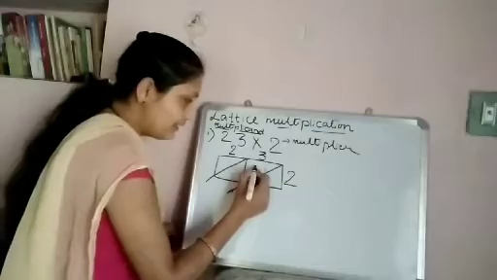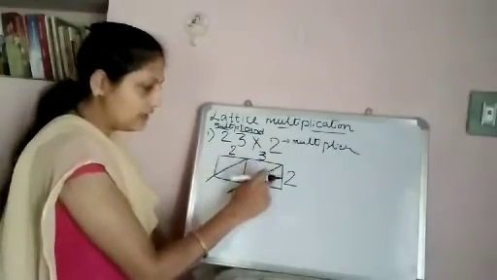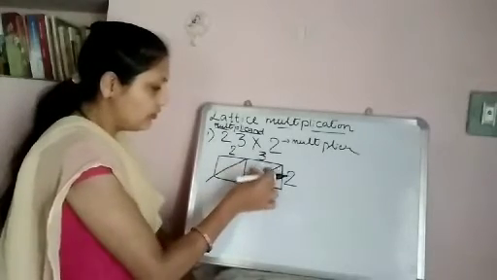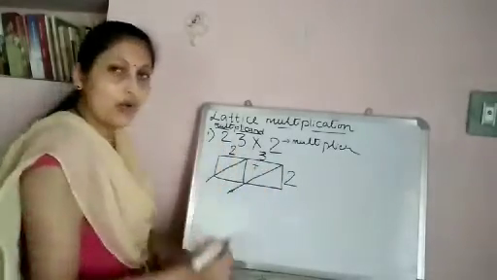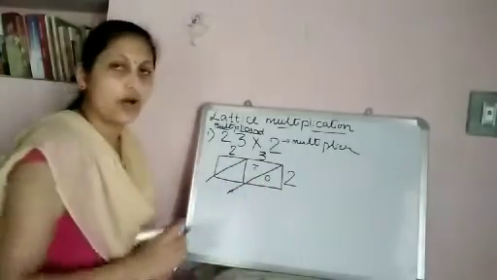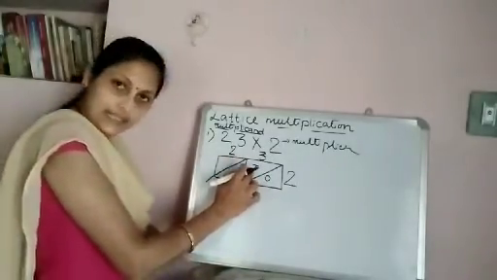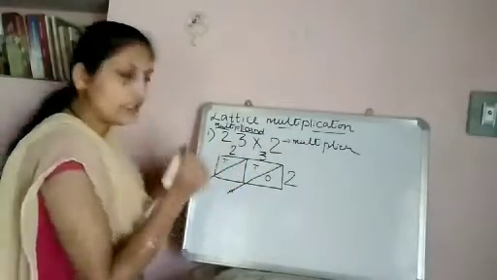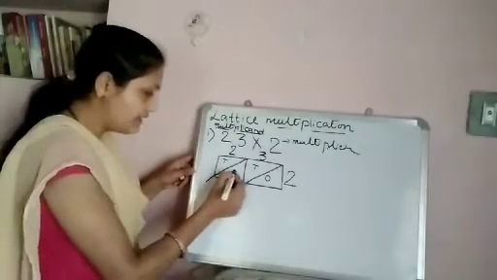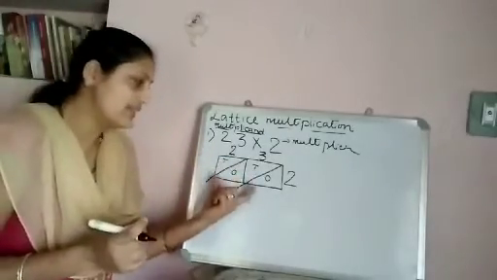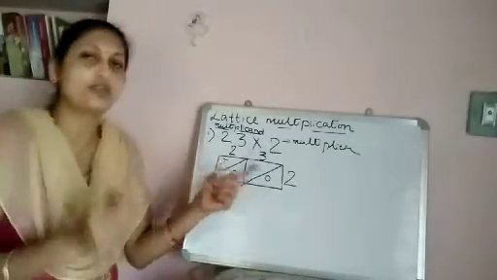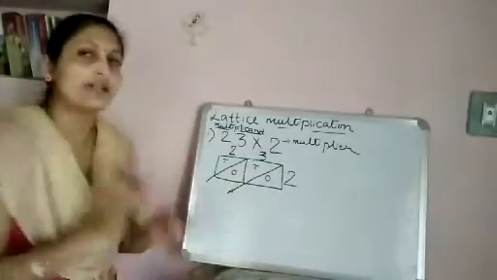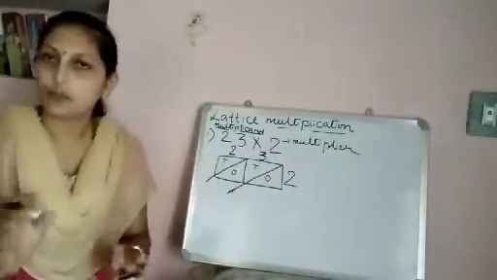Here there are two boxes now, isn't it? After drawing the diagonal, you will get two parts in each box. So the upper one is the tens box and the lower one is the ones box. Here also the same: the upper one is the tens box and the lower one is the ones box. To get the structure properly, you must draw this box using a scale, with correct measurement, meaning it should be a proper square. Then you will get the structure properly.